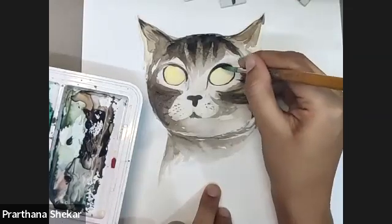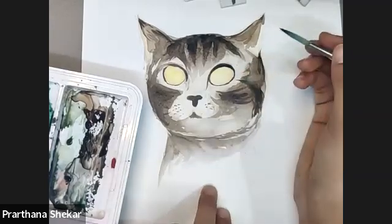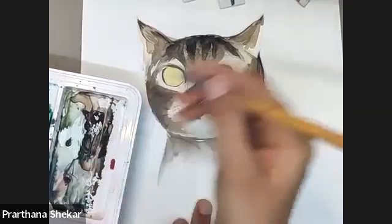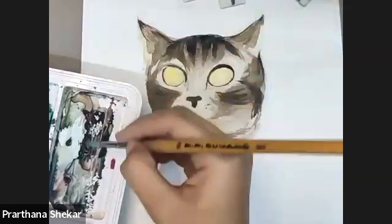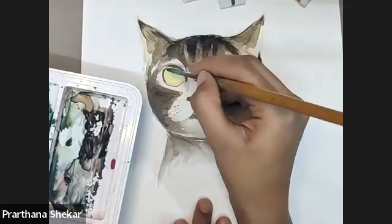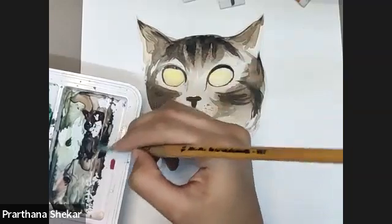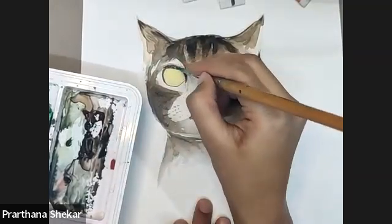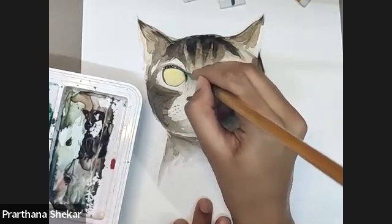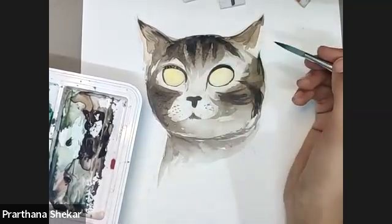Then the lower part, I'll make the upper part a little bit thicker, and then as it comes down, it will be thinner. And same for the other circle as well. Make the upper part of the circle a bit thicker. And as it comes down, the line becomes thinner. And now